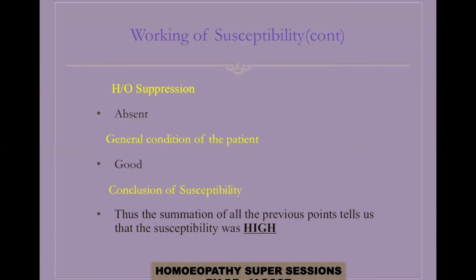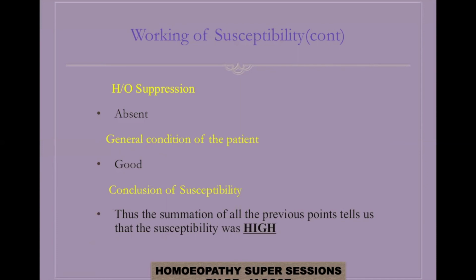History of suppression is absent. Now out here, though the patient was taking allopathic medication, her symptoms were aggravated. So in spite of that, the symptoms were characteristic in nature. That is why I've written suppression is absent, because the allopathic medicine did not interfere or did not suppress the susceptibility, as a result of which the symptoms exhibited were characteristic in nature. And the general condition of the patient, as you can see, the patient was conscious, she was cooperative, she was well versed in time, place, and person. Her vital parameters were quite normal. So overall, the general condition of the patient is good.